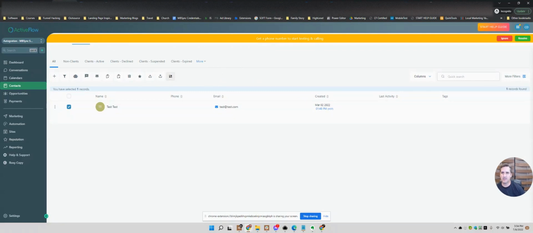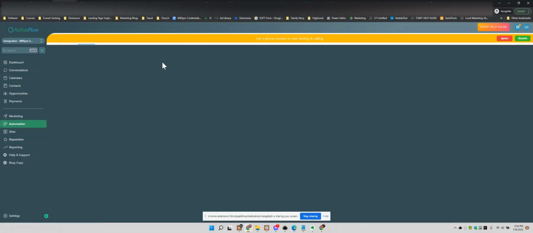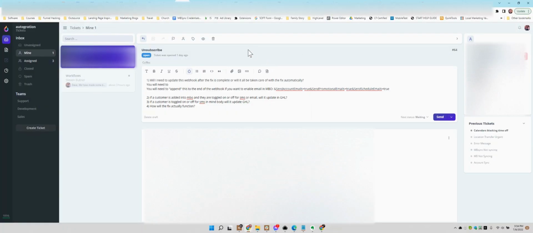Let me get back into the automation. I think that answers that first question of what you would need to do to take advantage of this fix. You see that there is some manual action. You'd need to edit your workflow, and then you would need to apply that workflow to all your contacts that